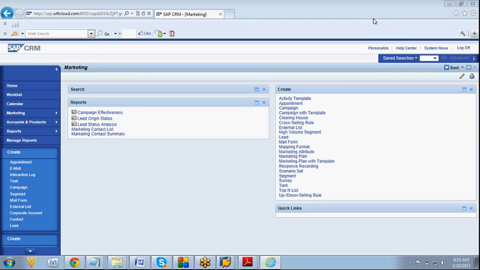Mark my word. SAP CRM is a complete package, whereas in Salesforce you can individually pick the different clouds you want.